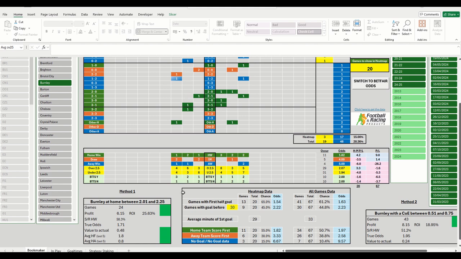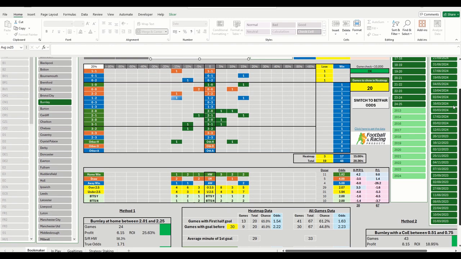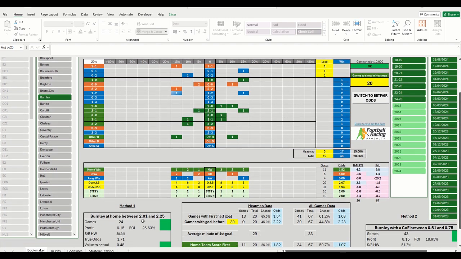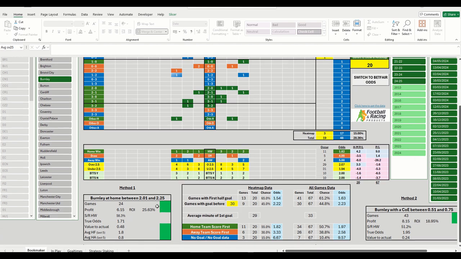This is correct scores. And then you can look at the methods that we have here, and we have two methods. So the first one is looking at where Burnley's price has been within the quartile of 2.01 to 2.25. So again, we're looking at quartiles, at 2.19 as it stands at the minute. And we have complete green down here. So we have enough games that qualify, more than 10,